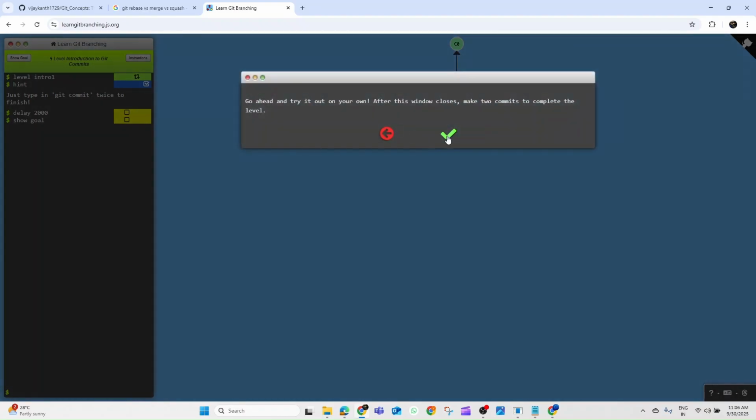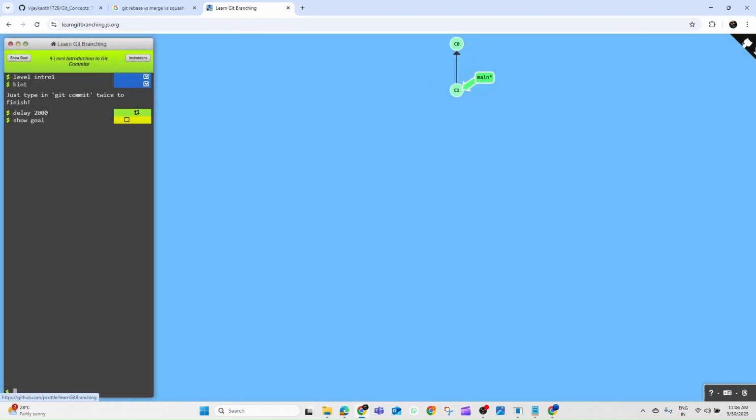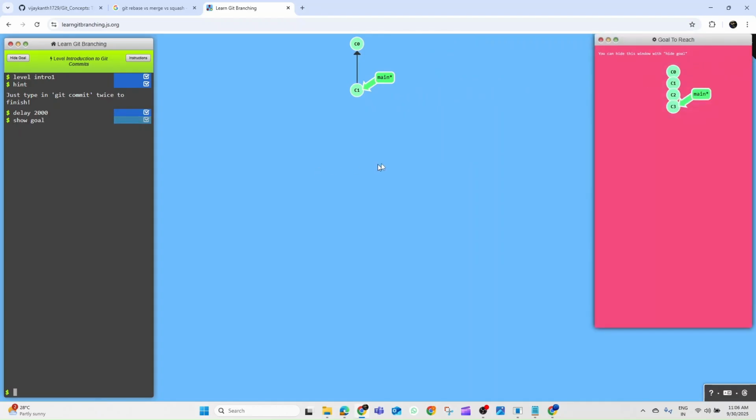Now if you move your mouse to the right side, always try this if you want to practice any question they give. They will show you the goal to reach. What is the goal right now? C0 and C1 are currently available, but our goal is to have two more commits, C2 and C3, right? So now on the left side I can do git commit